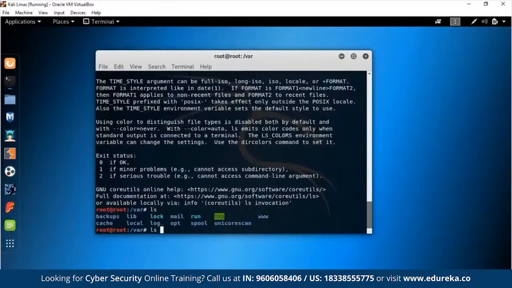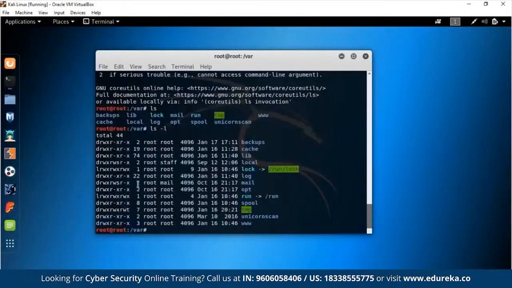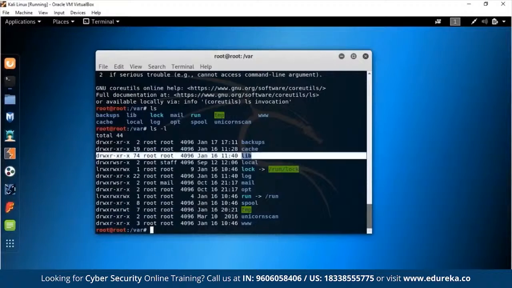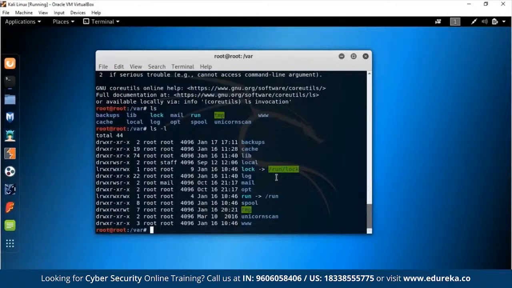Now, if we do ls -l, it'll show a long list with more information. So these are the permissions that you see out here. We'll be seeing how we can change the permissions of files soon enough. And this is who owns the file, the user and the user group. This is the file number, I guess. I'm not sure. This is when they were created. The name of the file. This is the time when the file was created, I guess. Okay, so that's how you get very detailed information about all the files.